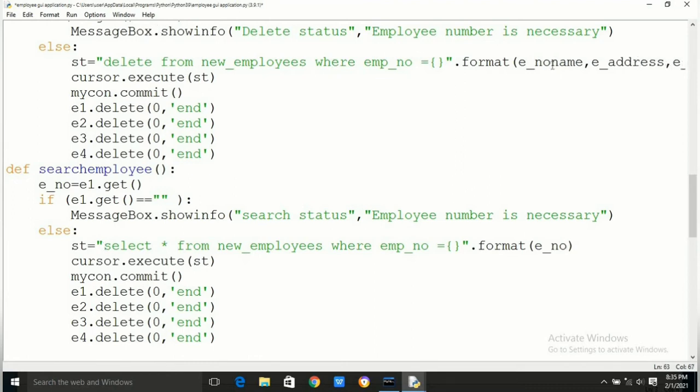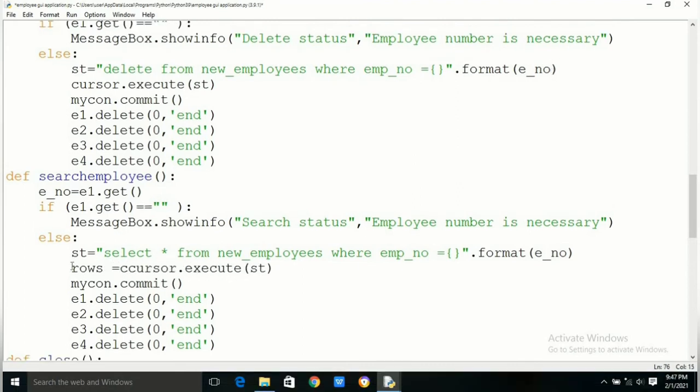Here I am making one change because in the delete query also I need only the employee number, dot format ENO. Now we have to get all the records by using the function cursor.fetchAll.